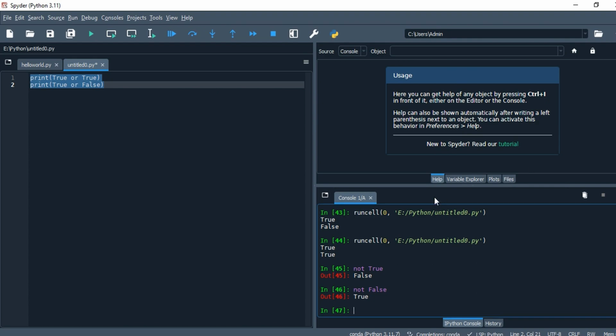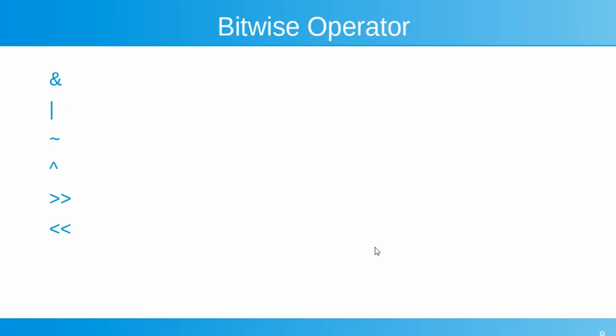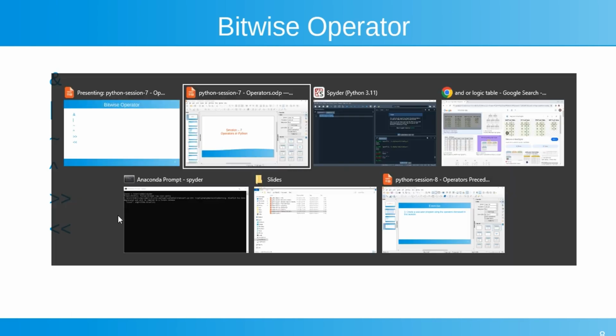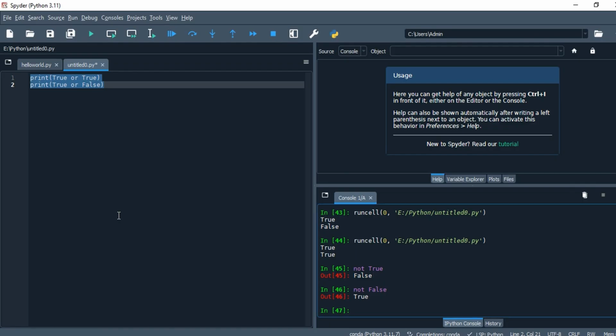So, yes, let's move to the next operator. This is the bitwise operator. Here the ampersand represents AND, the pipe symbol represents OR, the tilde symbol represents negation, the NOT operator, and sorry, the caret symbol represents XOR, this one represents right shift, and this one represents left shift. Okay, so I think you should know some details about binary numbers, then only you can